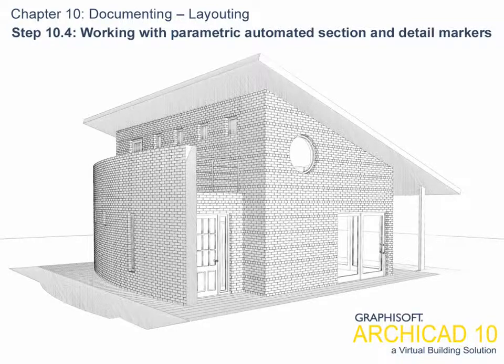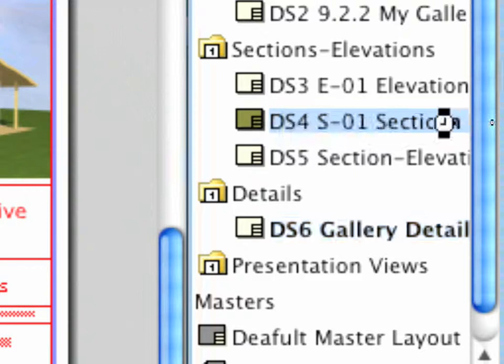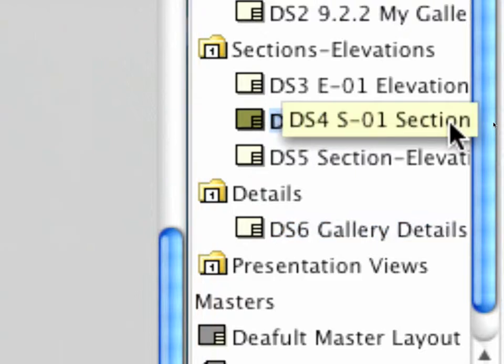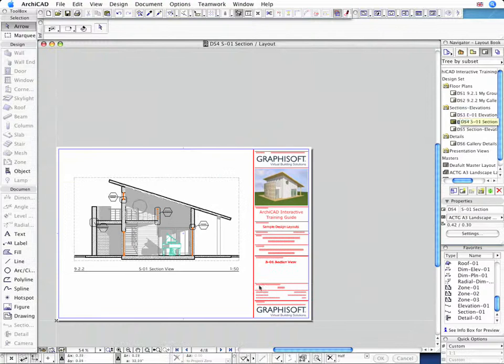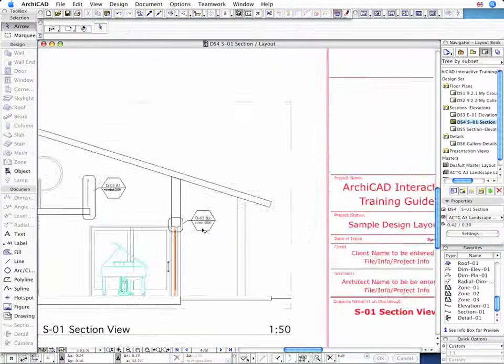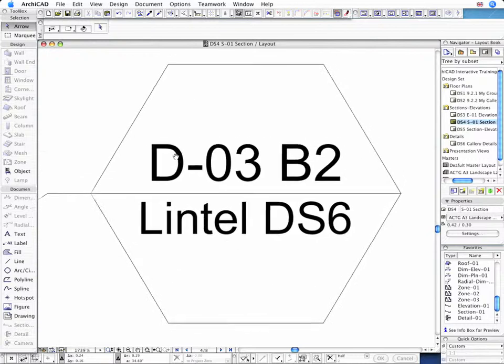Step 10.4, working with parametric automated section and detail markers. Activate the S01 section layout from the Sections and Elevations container of the Navigator project layout. The detail markers on the section layout have been automatically named, matching the actual position and titles of the corresponding